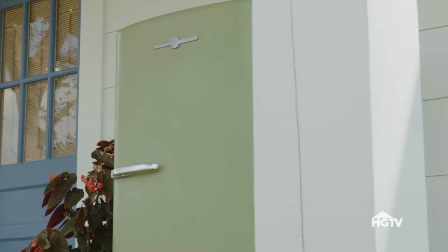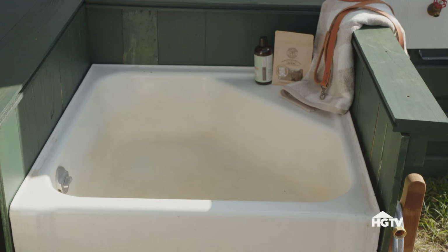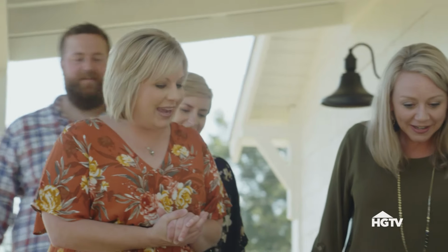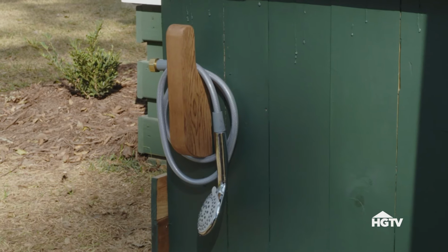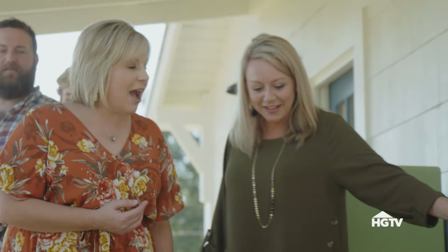Oh my goodness, this is the original refrigerator. What in the world is that? That's a dog bath. That is the craziest thing I've ever seen. It's plumbed and everything. See, you got a little wand, or it can be your outdoor shower if you just want to. No way. Hose off hot outside. Redneck tub. I'm telling you,